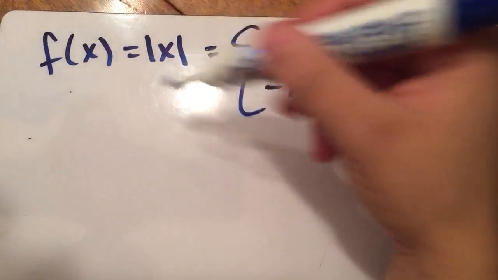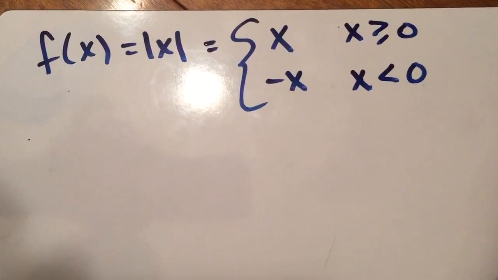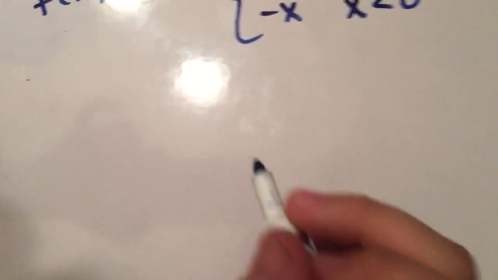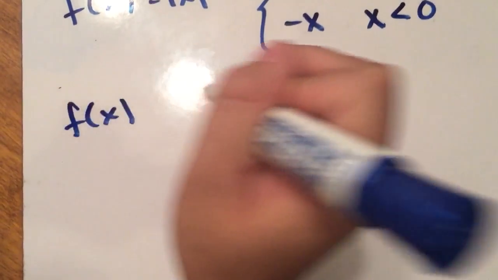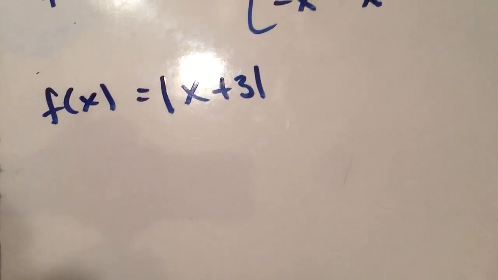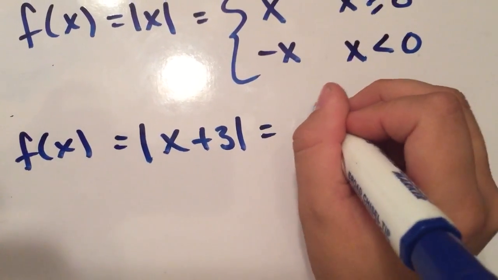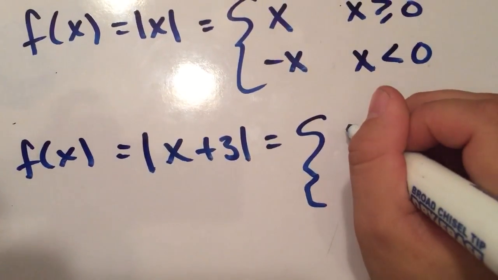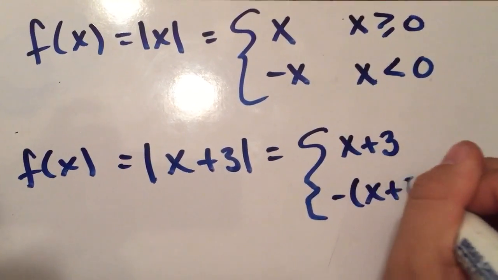Again, this is my parent absolute value function, and this is an example of how to write a piecewise function. But for us, we'll have a little bit more complex. Let's say I had f of x equals the absolute value of x plus 3. Not too complex. But what I do is I again split it into two things, and I have x plus 3, then negative x plus 3,